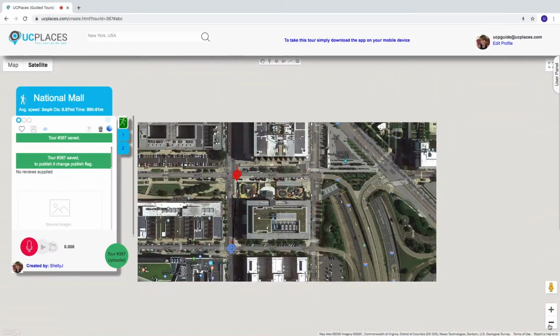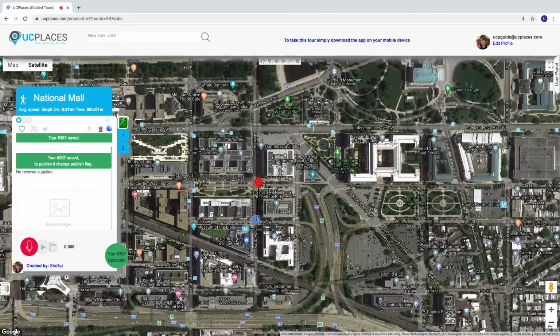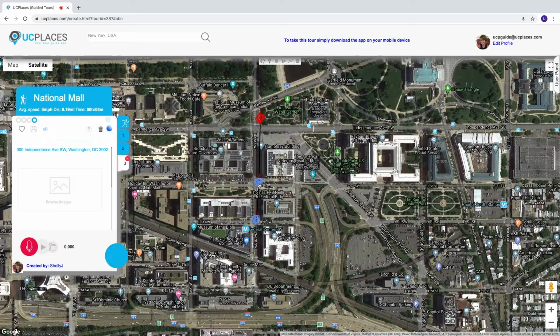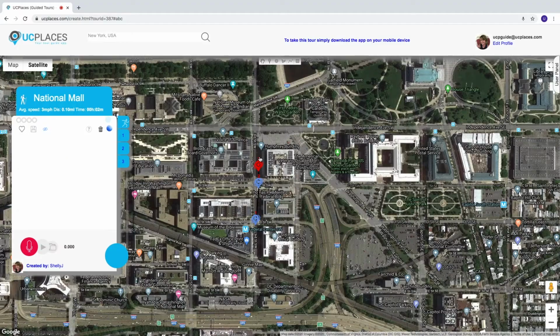Let's zoom out. There we go. There's our United States Botanic Garden. Oh, look, there's a crosswalk that goes right over to this side of the street. So I would probably put my next POI right there. And then at POI 2, I would probably say something like, meet me on the other side of Independence Avenue. Right? Great. So let's say we put one here, here,